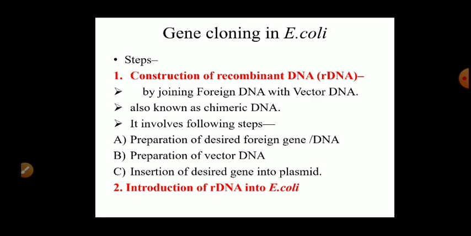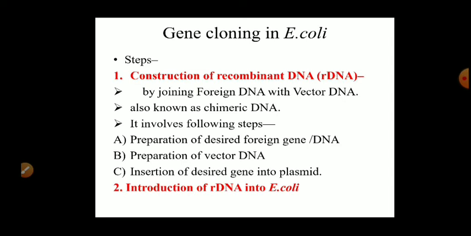Number one, the first step here, as we have written, is preparation of the desired foreign gene or desired DNA. How is it prepared? Now, you know what gene you want to clone, right? So we have to isolate that foreign gene or desired gene from the particular organelle, from the particular organ or the cell of the organism. Like if you want the insulin gene, then the insulin gene is to be isolated from a mammalian cell, or the gene to be cloned can also be artificially synthesized using a gene machine, right?